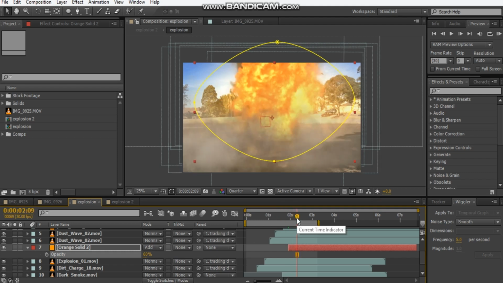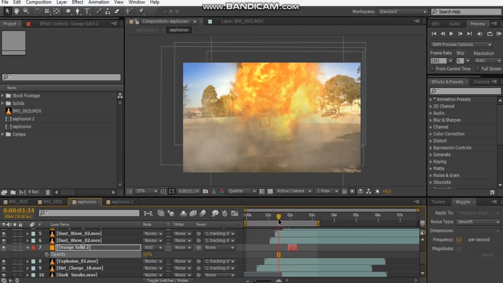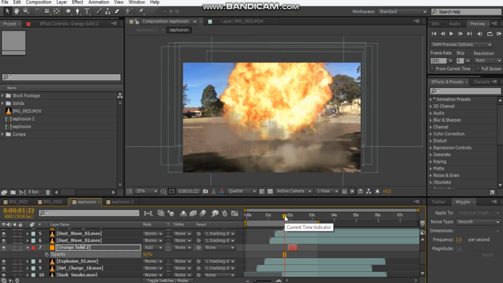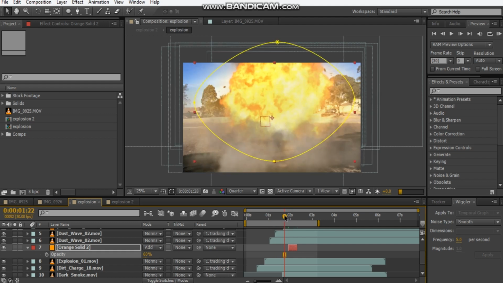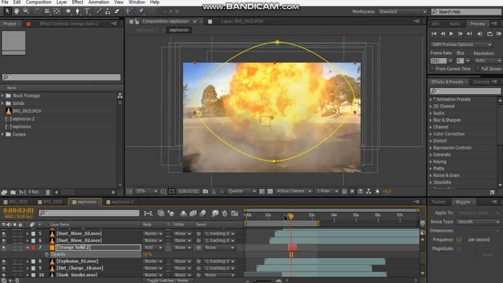So I'm hitting Alt bracket to cut the layer, and then yeah, so we have the explosion happen, and then the orange solid comes up. Okay,